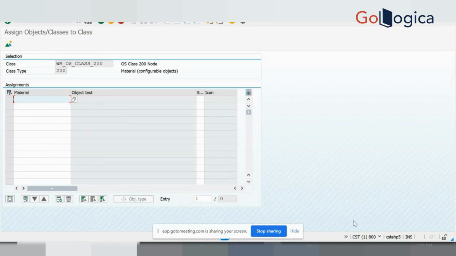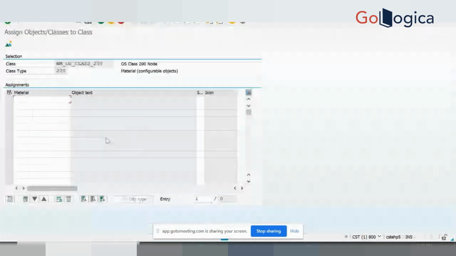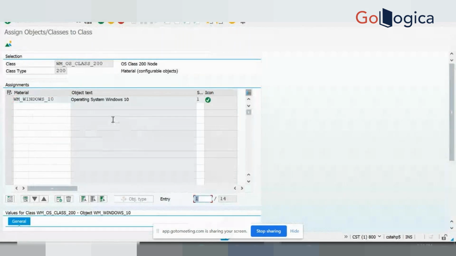Okay, so now let us assign the materials one by one. I'm taking a Windows material from the Excel sheet, putting it over here and hitting enter. Okay, so when I hit enter,